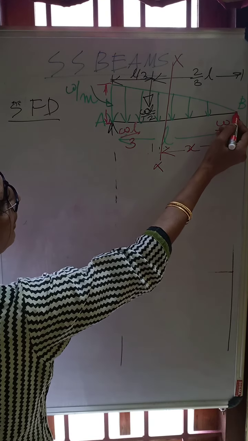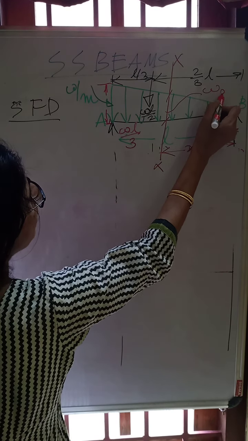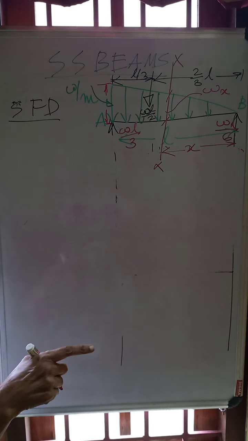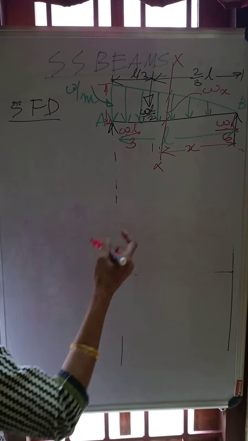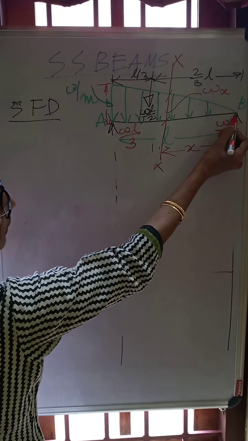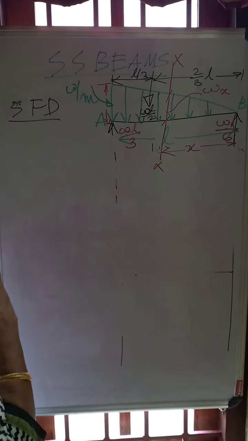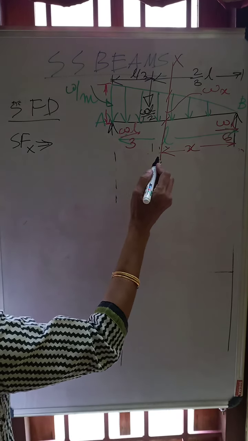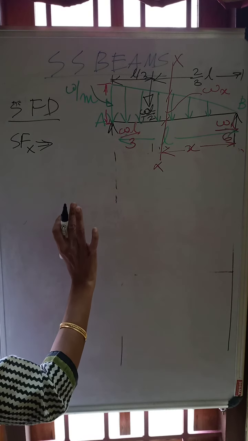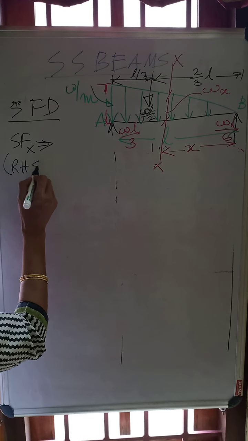But since this is 0 over here, because this is the ordinate of the loading which you have to find out. You might have seen in cantilevers also, when we have done this cantilever carrying uniformly varying load, I have taken X from the 0 load point. So that is better to take. So you have got the section line over here. So what is the shear force at X? When you take the shear force at X, what is the equation? You can look to the right hand side or to the left hand side, no problem. Let us take the right hand side.